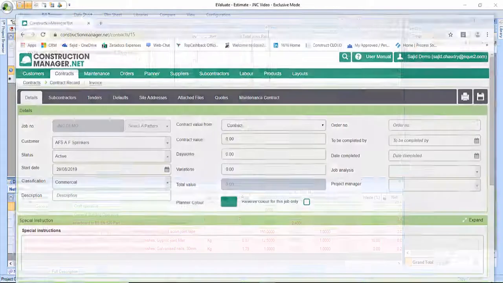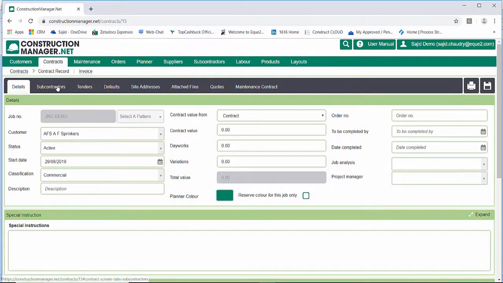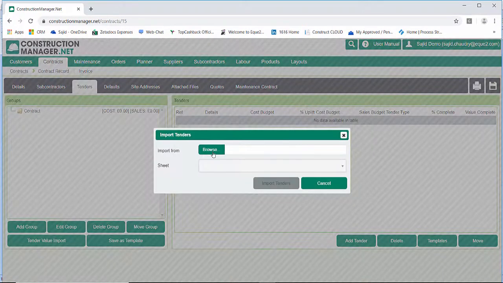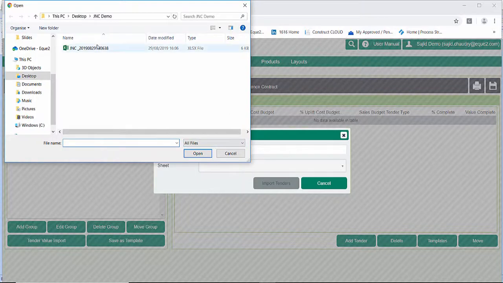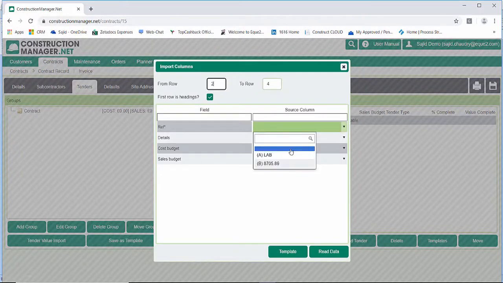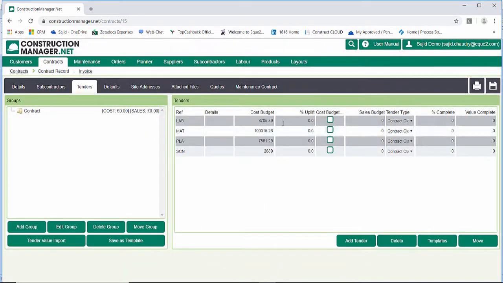If we now go into the JNC system, where I've created a project, if I go to the tender import, I can now import my budgets. If I select the file, I select a template I wish to use, and I now import that into JNC. You have your budgets, labour, material, plant, subcontractor package, and you would now manage the project as you normally would